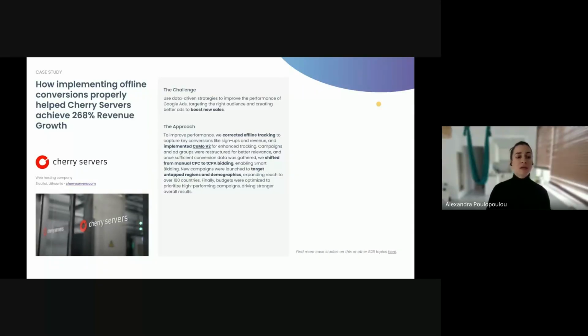So what we did here is that we corrected offline conversion tracking, and we also implemented consent mode version 2 to enhance tracking and, of course, respect users' consent. Regarding consent mode, we have a dedicated workshop on our website if you want to know more about this feature. Of course, offline conversion tracking cannot do the trick on its own, so we need